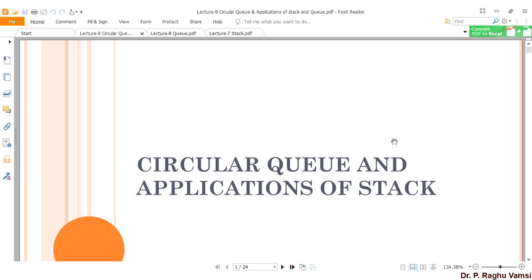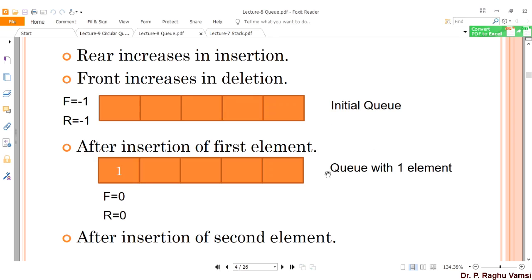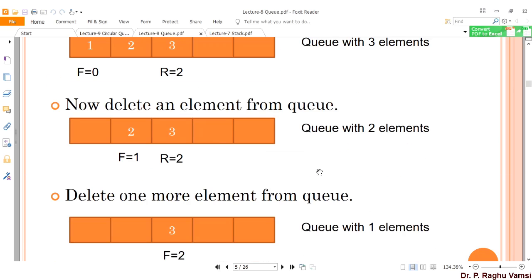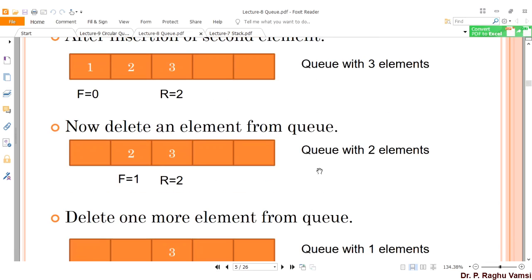In the last lecture, when we were discussing the queue concept and the static queue implementation, we are supposed to code the queue program with the property that first in, first out. That means the element which is inserted first will be removed first. For this, unlike a stack, we are going to use two pointers called the front pointer and the rear pointer. In a queue, the insertion is done at the rear and the removal is done at the front.